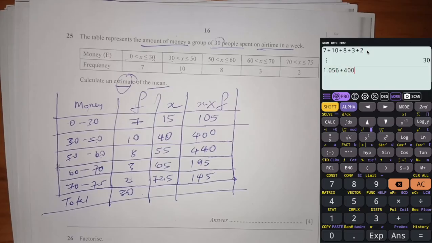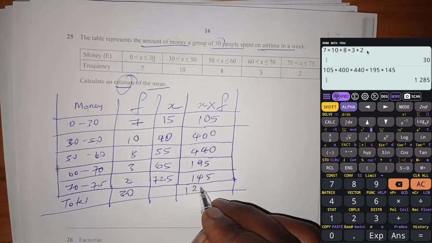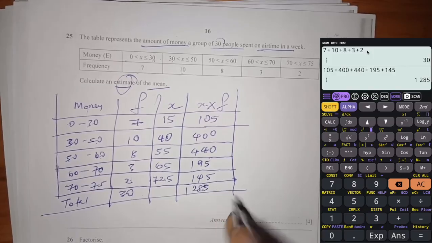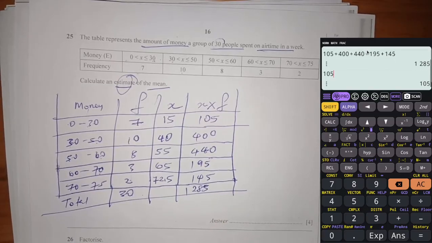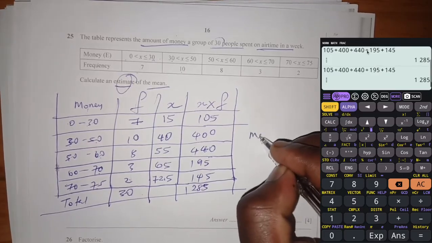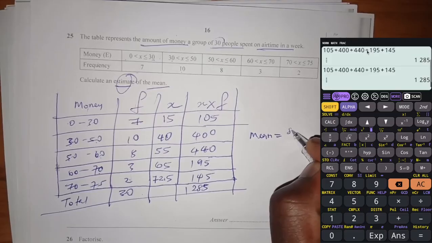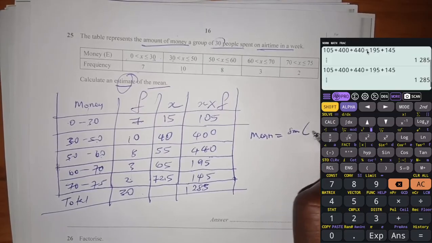105 plus 400 plus 440 plus 195 plus 145. It's giving me 1285. Let me try to redo it. 105, 400, 440, 195, 145. Still 1285. So the estimate mean is now equal to the sum of the column that has x times frequency,